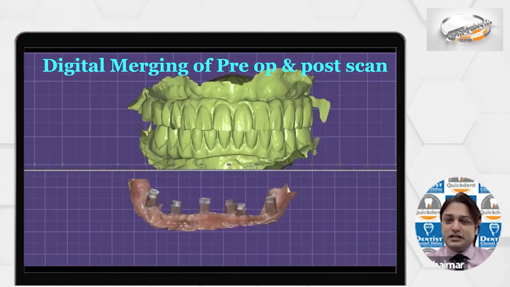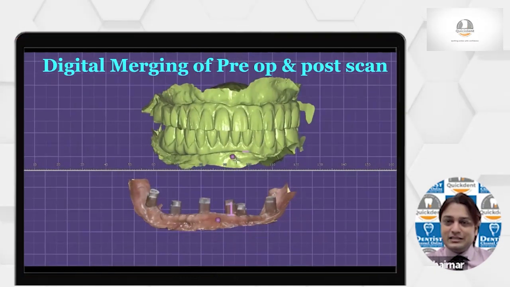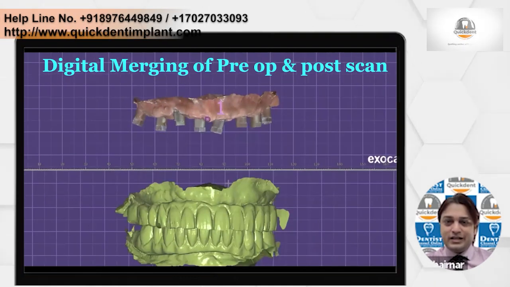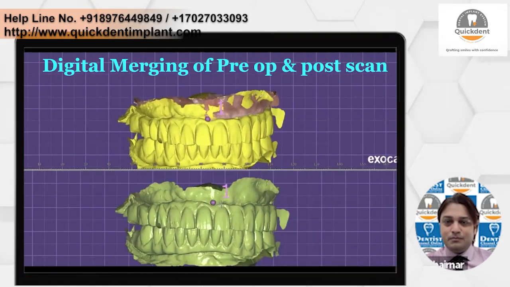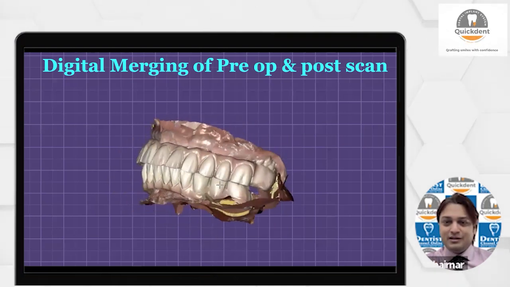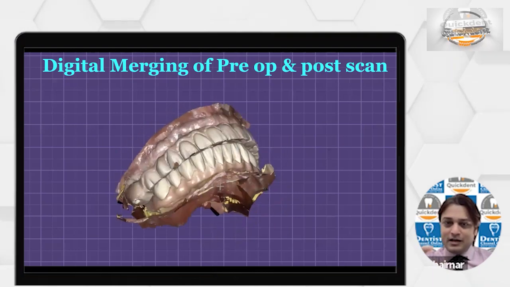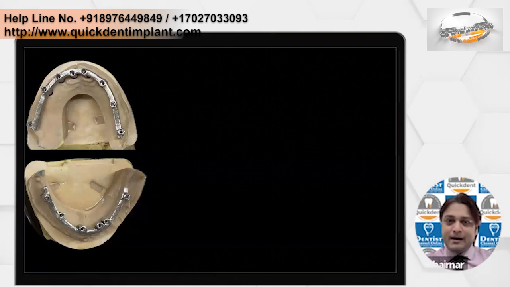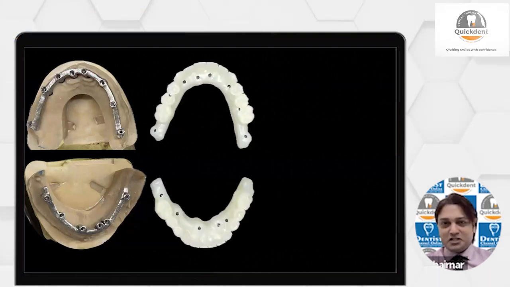Now we send this data to the technician, and this is how he will match these 2 data sets on the scan body, where the teeth are recorded. According to that, he will make a metal trial and again prepare a shell.